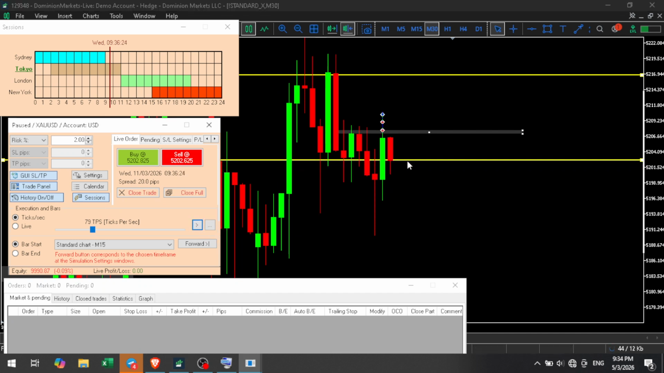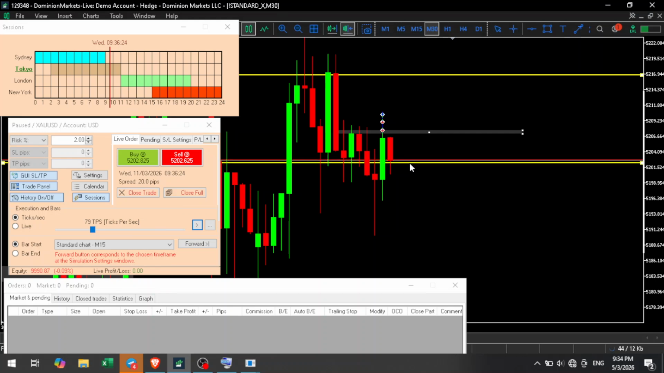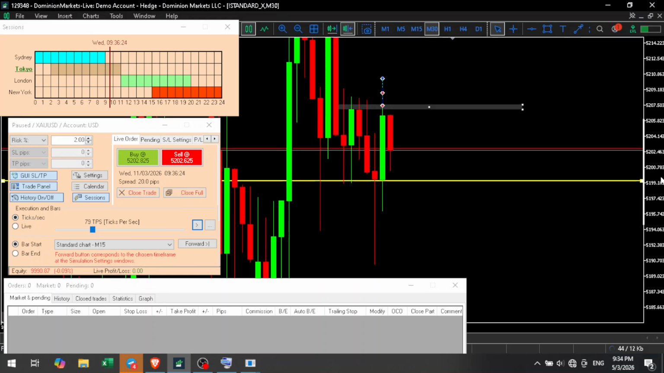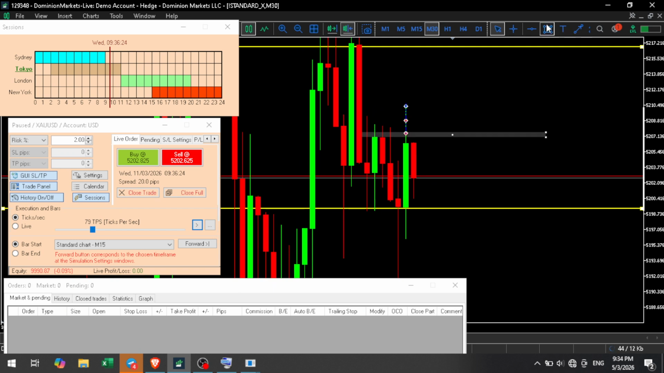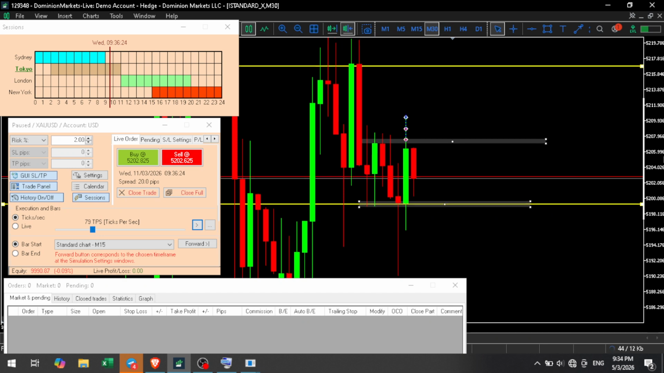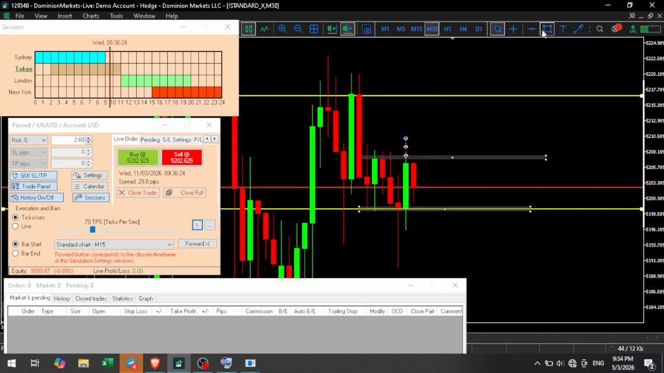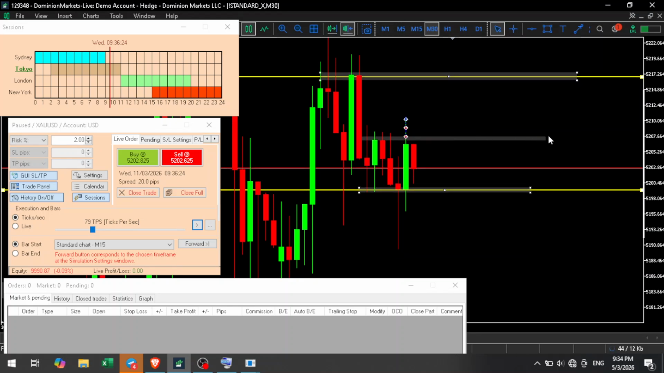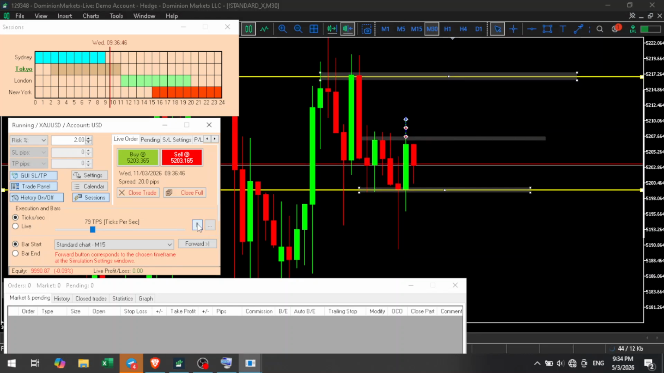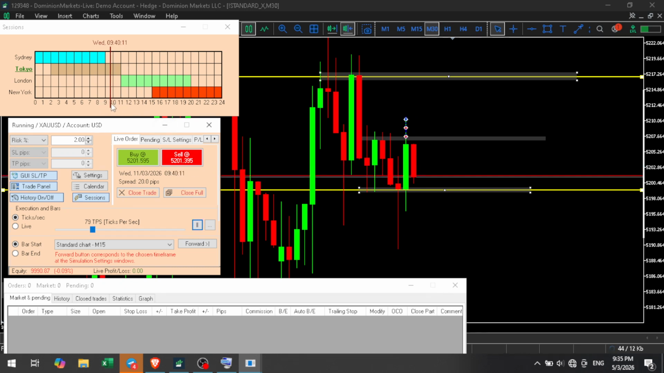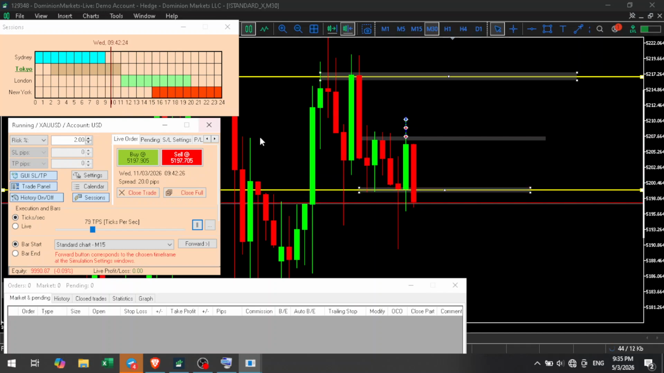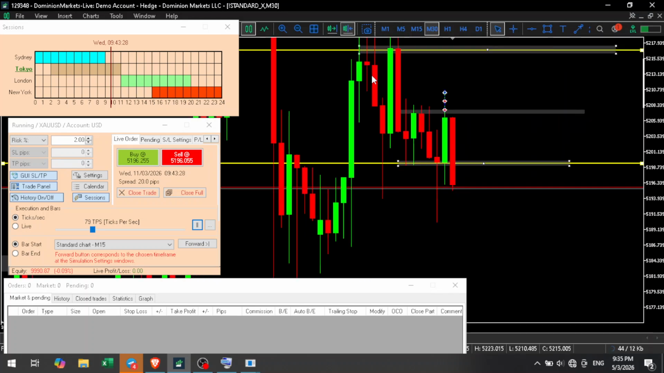We have a new resistance, and so do we have a support? Yes, new support, new resistance, and then we have another resistance up above here. So let's see, can we get, we will just watch till this 11 o'clock. At 10 we have London Open, and we will try to get,